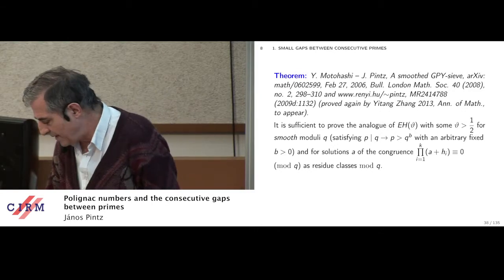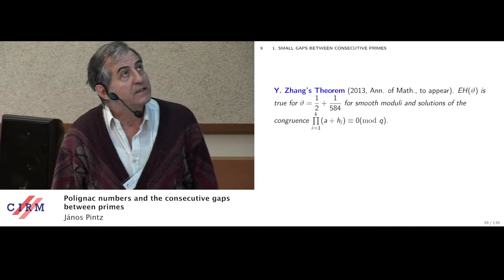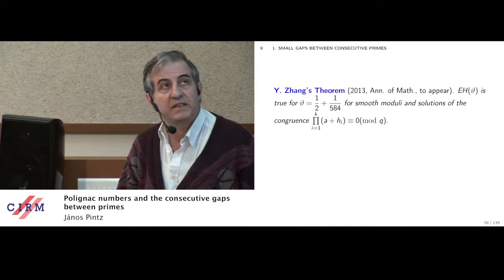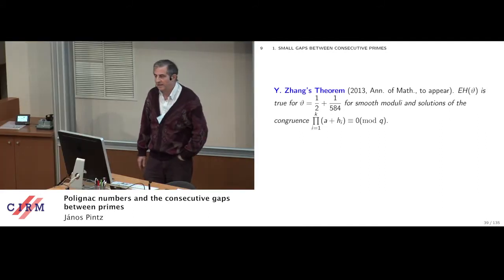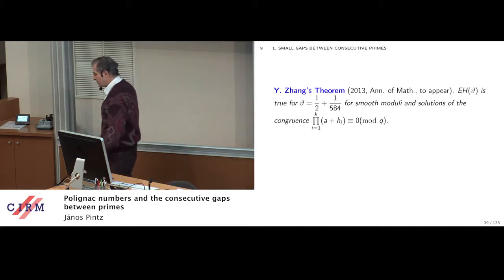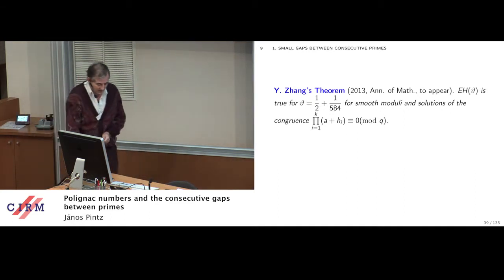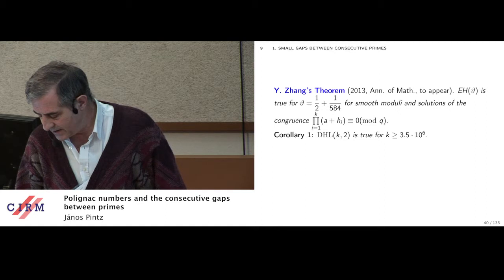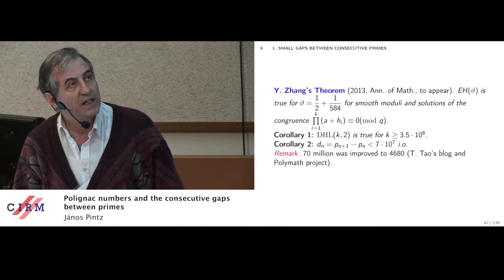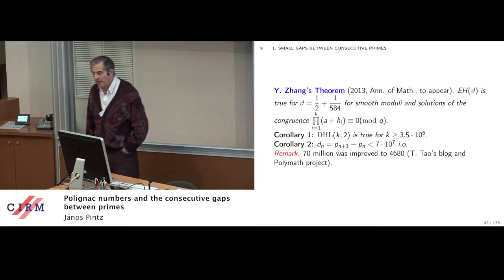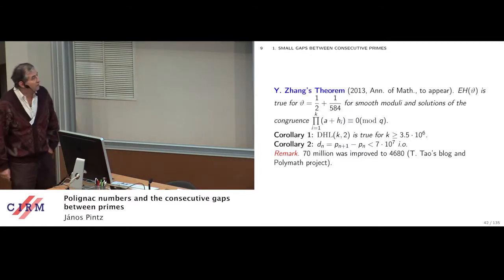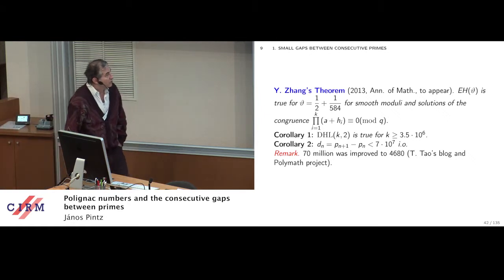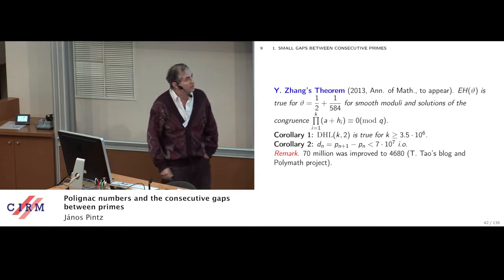Now to go further, Zhang's theorem says that this improvement of the Bombieri-Vinogradov type theorem is true for some exponent bigger than 1/2 in this restricted sense, if moduli are smooth and congruence classes are as given. And from this he gets that this DHL conjecture is true for some large k, and he gets that primes have bounded gaps infinitely often, and then with a lot of effort, the 7 million was improved to 4,680 by Tao's blog and